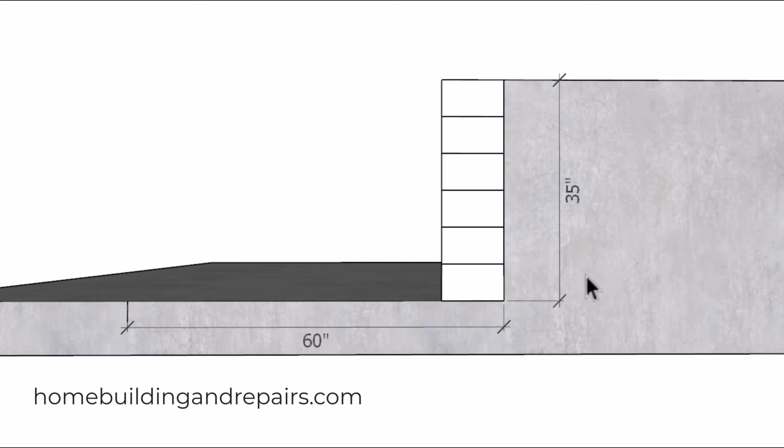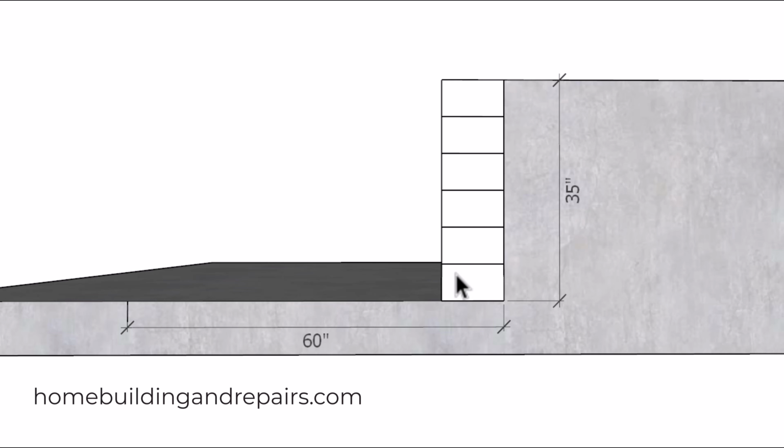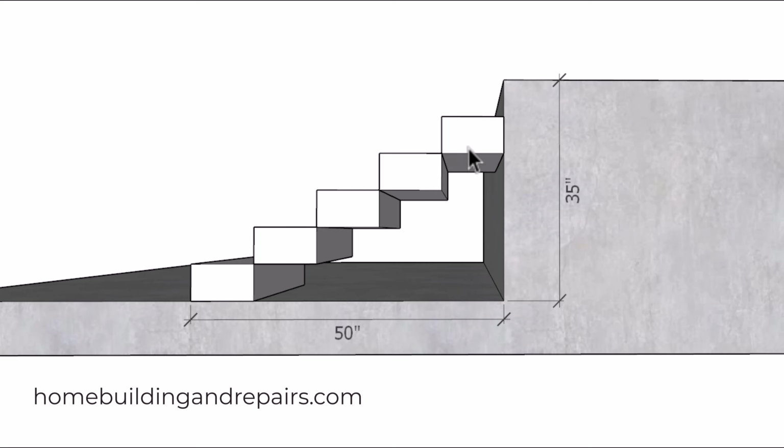In our next example, we are going to divide 6 into 35, which is going to give us 5.833 inches. So now we're going to have 6 risers and 5 steps. But if we simply move it over, we don't extend the floor, we're going to end up with 50 inches for our total tread run and 6 individual risers that are going to be